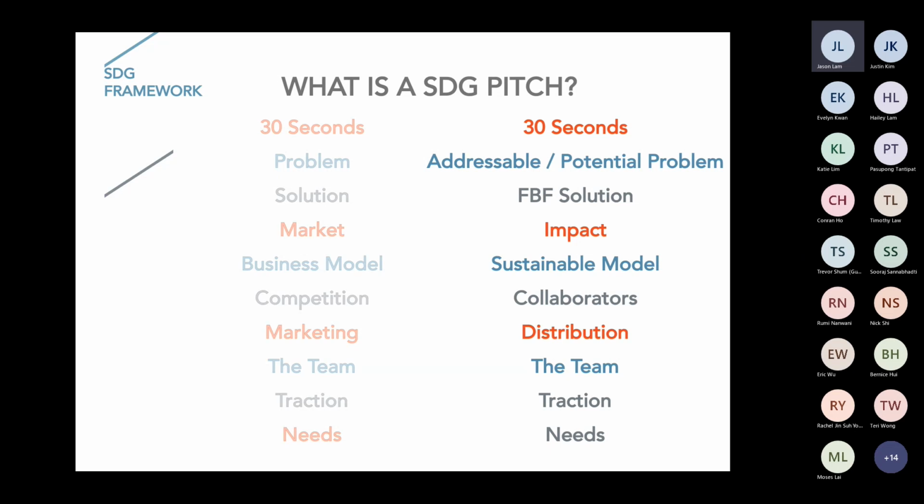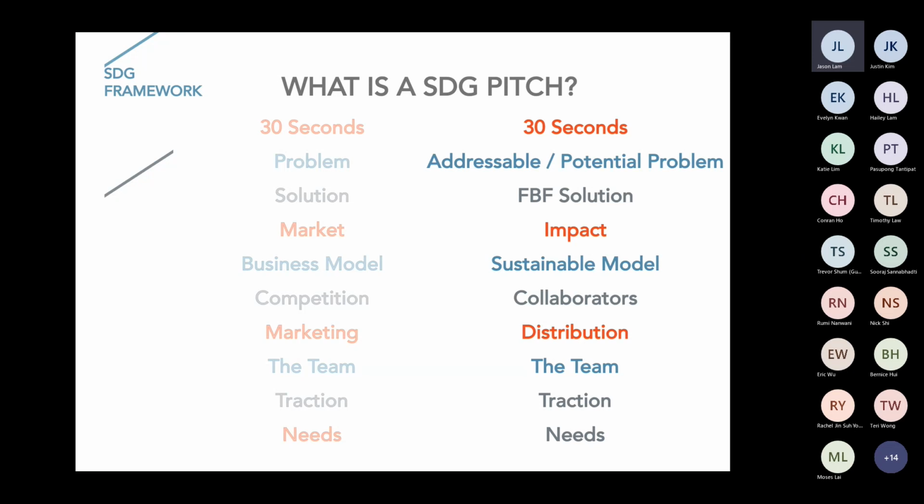You're going to have to be able to pinpoint the addressable problem to then actually solve a bigger potential problem. From a solutions perspective, you need to be able to actually see whether, front to back to front, you've actually covered everything, because solving one problem could create many different problems as well.